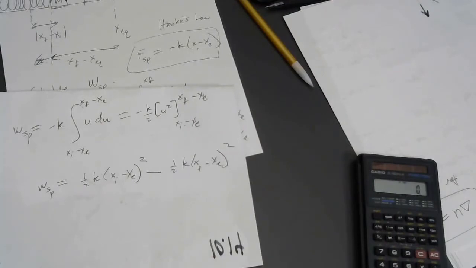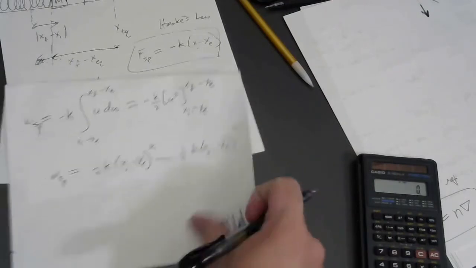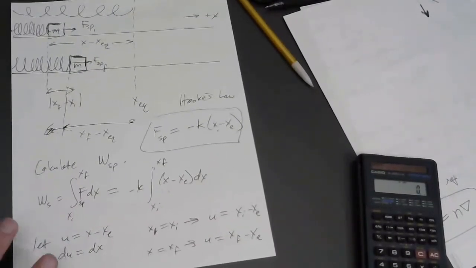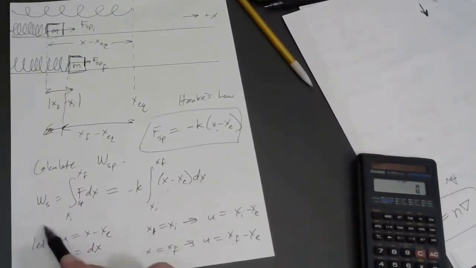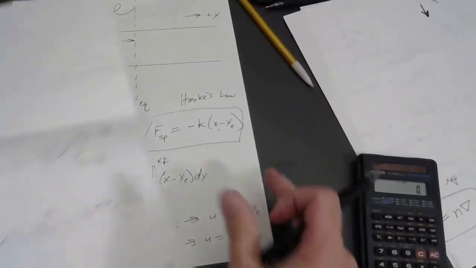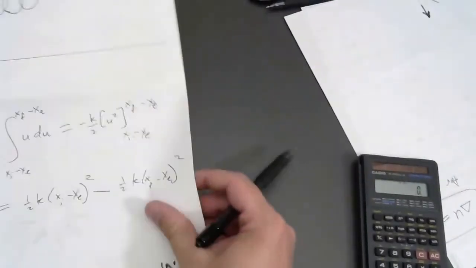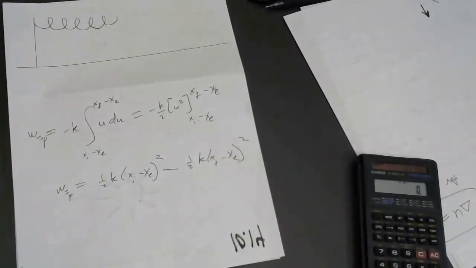I would say no, probably not worth memorizing. You do need to know how to write the integral, how to set up the problem using the definition of work and Hooke's law. But here's what we're going to do instead. Just like we did for gravity, instead of talking about the work done by a spring, let's instead talk about